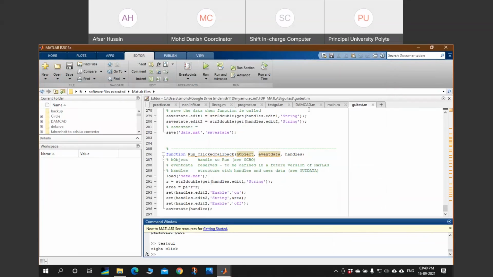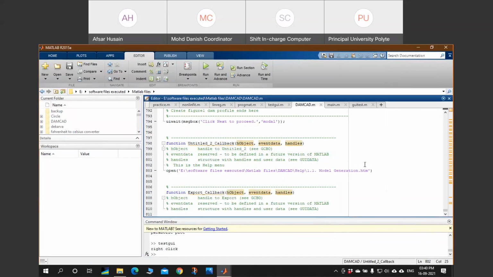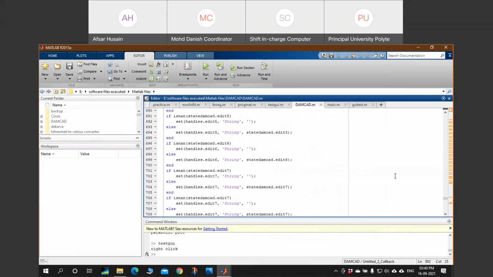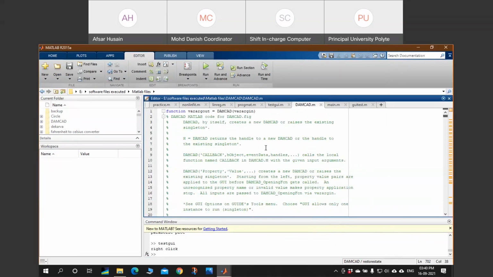So for the demonstration, I have already created an application with the name DAMCAD. This application DAMCAD just plots a DAM profile, a typical section of a DAM profile. The coordinates to plot the DAM profile are provided by the user. So now let's see how this program works. I am just clicking the run. When I run it,